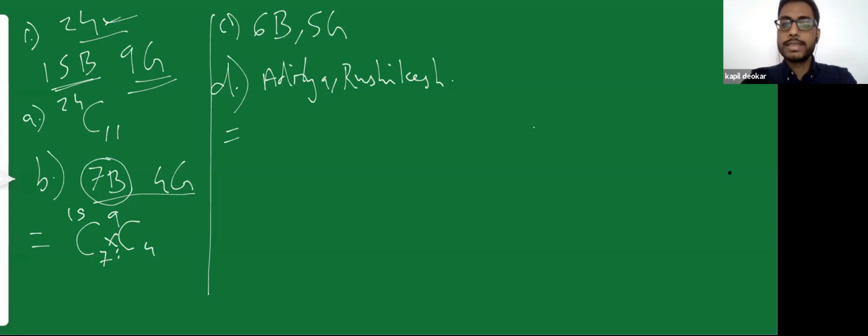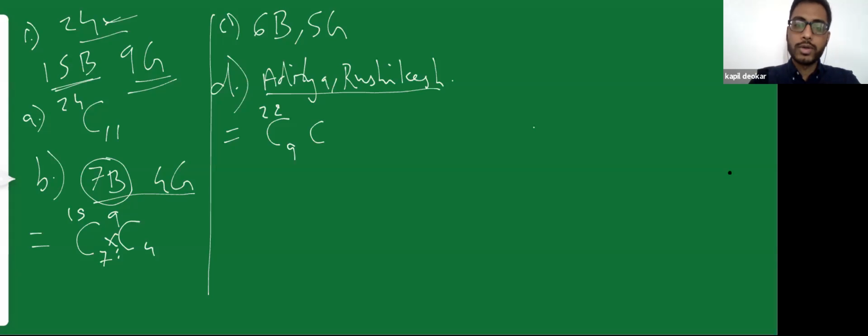So I'll repeat the question once again. In this particular scenario, I want to form a team of 11 players, but I have already selected 2 players, Aditya and Rushikesh, because they are very good at cricket. So I want to select the rest of the 9 players. In how many ways can I do that? So how many players do I need to select? 9 out of how many players? Out of 22 remaining players, because